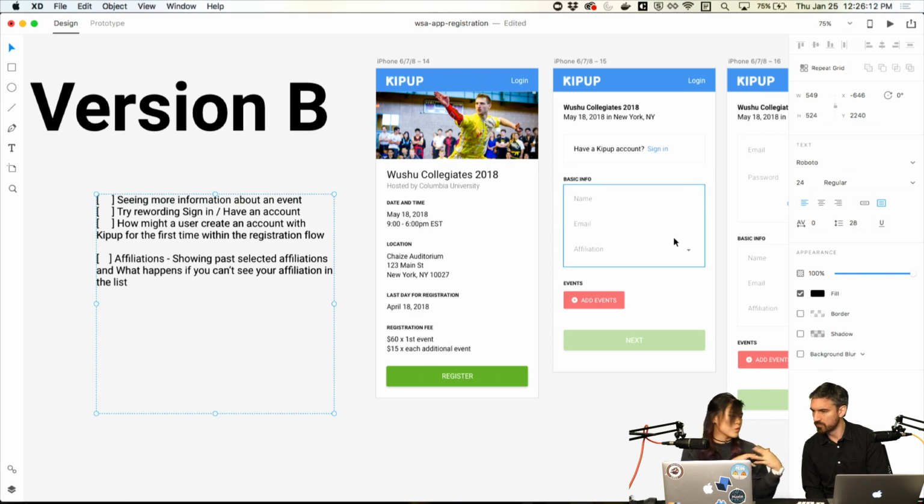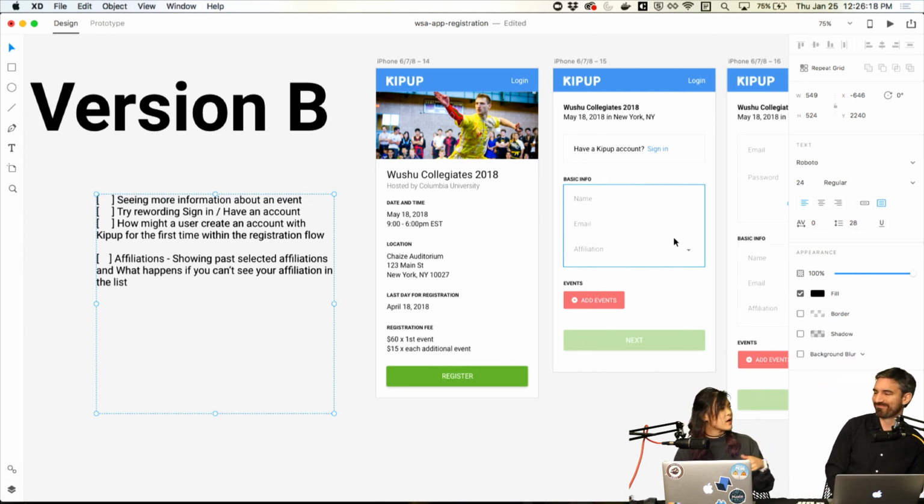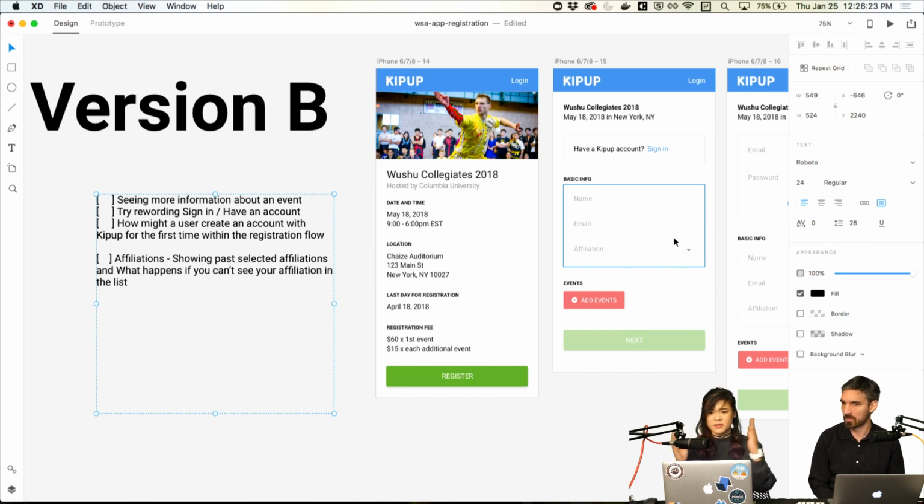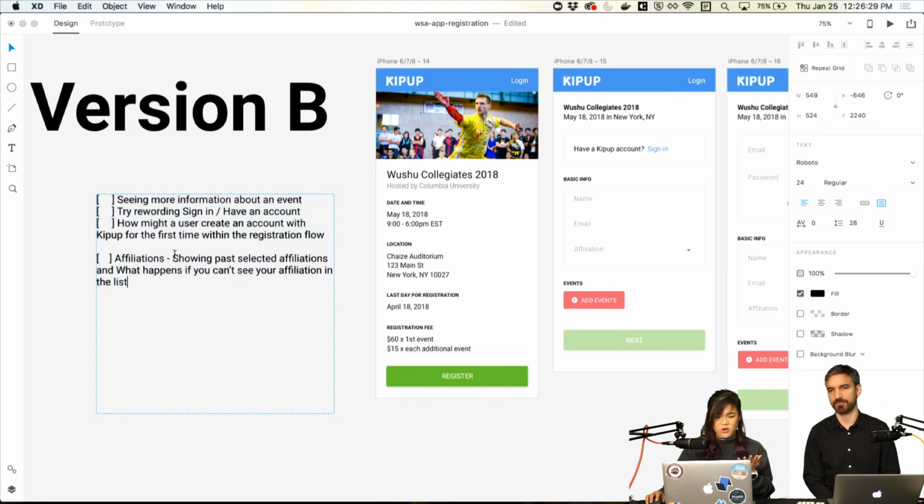So maybe we can look at, maybe it's not going to be today, but in the future we'll look at where someone else does a similar kind of pattern on a mobile app or in a small space. Cool. And I'm starting to think also, we don't need to show you just your past affiliations. I think for the most part, it's 1, maybe 2 affiliations. So to me, it seems okay if we just populate it with maybe the last used, and then if Tim does want to switch to Ome, go ahead and just scroll or search the list somehow.